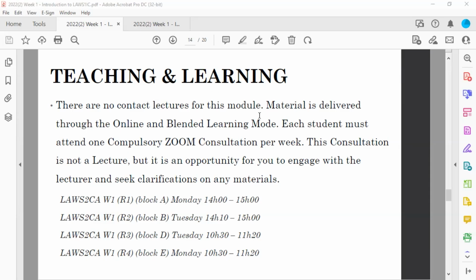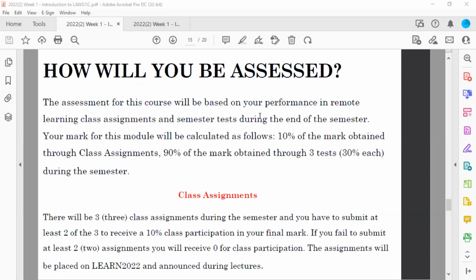Okay. All right, so that is with regard to the Zoom sessions. I hope it is clear. What I require from you, as I said, is 3 hours a week. 1 hour for a Zoom consult and 2 hours that you actually read and prepare. It is not that much, right?